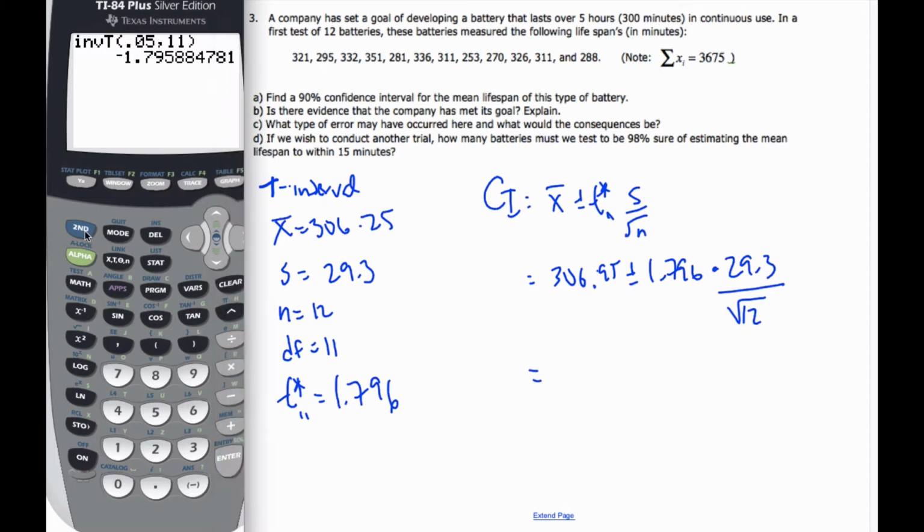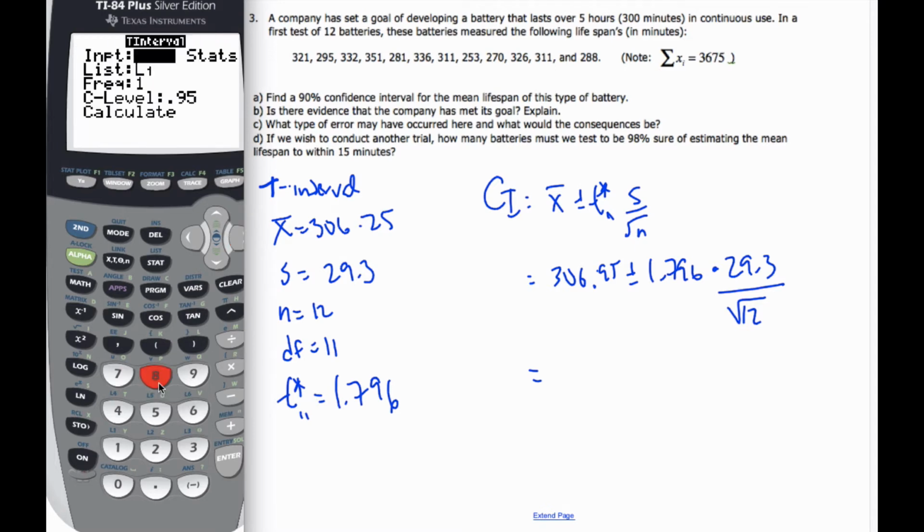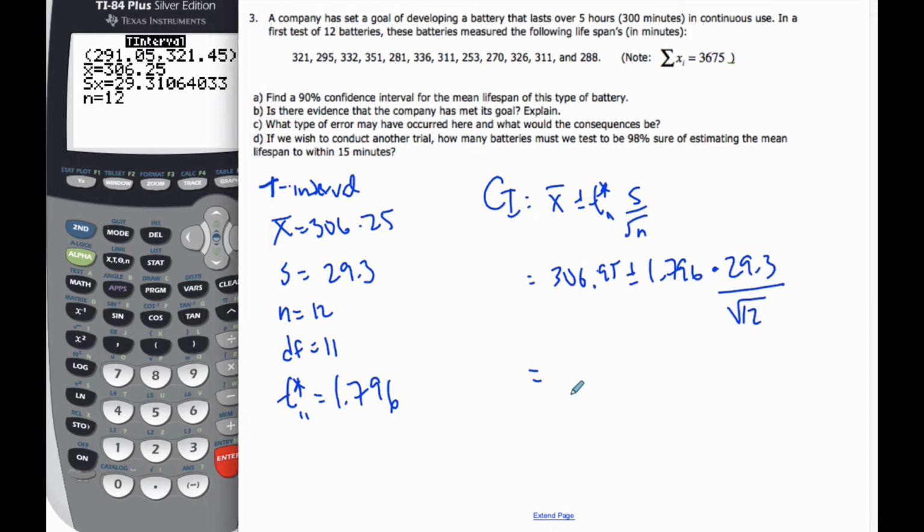And when I do that calculation, I am going to do stat, tests. I know it's number 8 from my memory. I'm going to go to the data, L1, frequency 1. My confidence level is going to be 90%. I like to use my calculator for this because it keeps all the decimal places for all these values, and so it will be accurate to 3 significant figures. And so my confidence interval is as such: